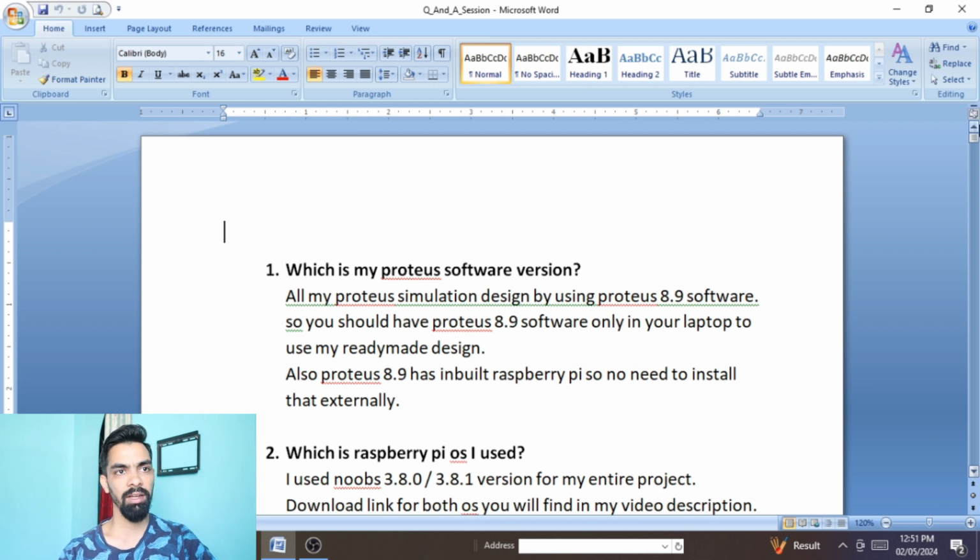And one request, it is very important: if you are executing the project by yourself, versus purchasing this project from the outside market, someone will charge you more than 10,000 to 15,000 rupees. So if you want to save that 10,000 to 15,000 rupees, you have to watch my complete video, because I understood that most of the students haven't watched the complete video, and they start asking me questions, and the answer to that question is present in the video itself. But let's understand, if you want to save your money, you have to invest your time into your project.